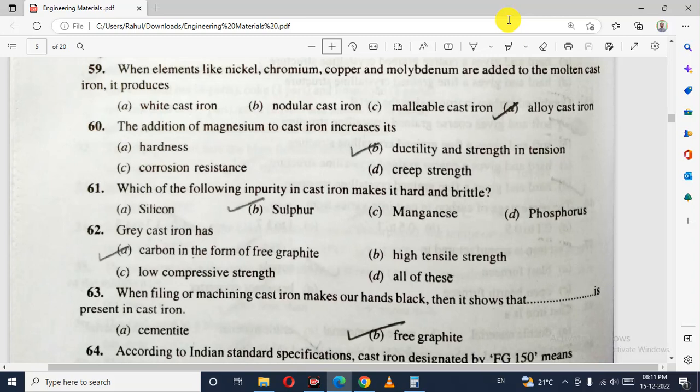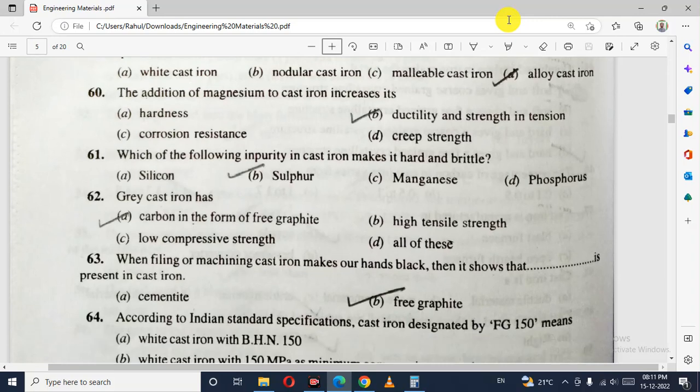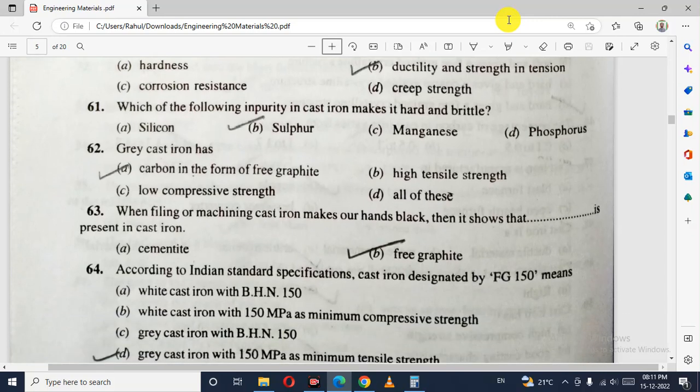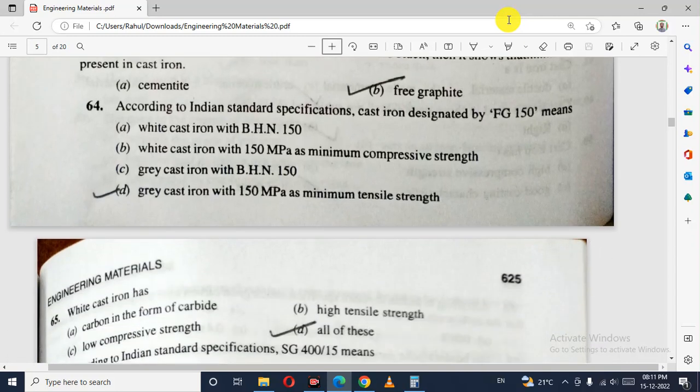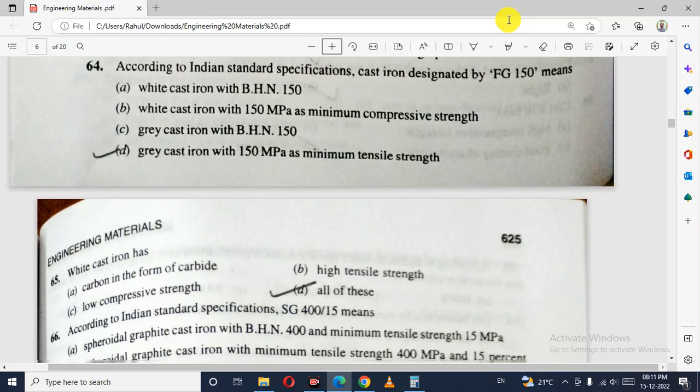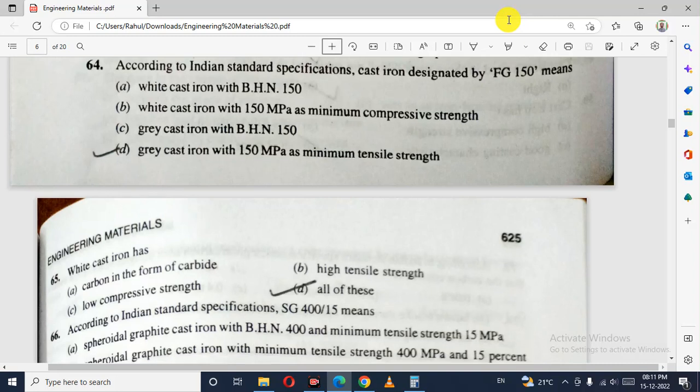According to Indian Standard specification, the cast iron designated FG 150 means grey cast iron with 150 megapascals as minimum tensile strength. White cast iron has carbon in the form of carbide, high tensile strength and low compressive strength: all of the above. According to Indian Standard specification, SG 400/15 means